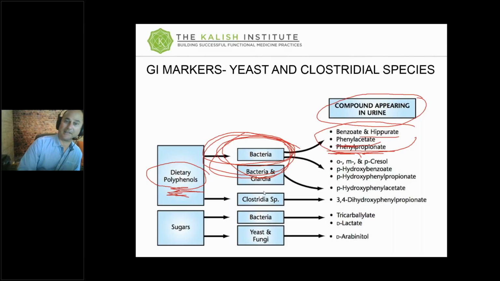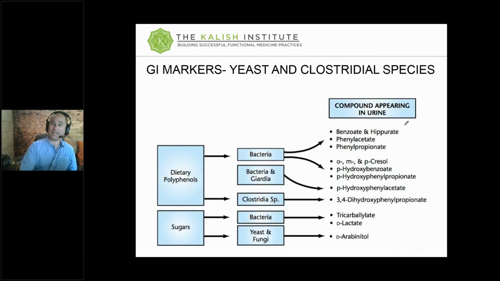These are all connected. And so when we look at the organic acids test and we're looking at benzoate, hippurate, phenylacetate, and phenylpropionate, as well as a couple of these others down here, what you're looking at is how well is that person doing with their diet? Are they getting enough polyphenols in their diet,